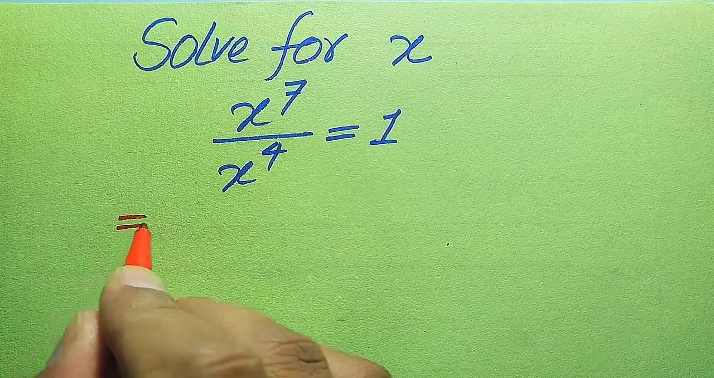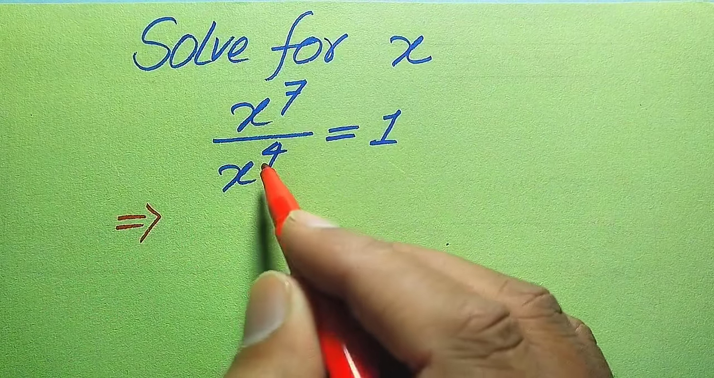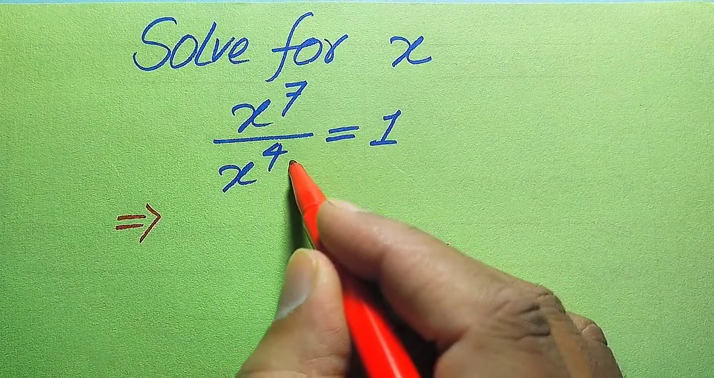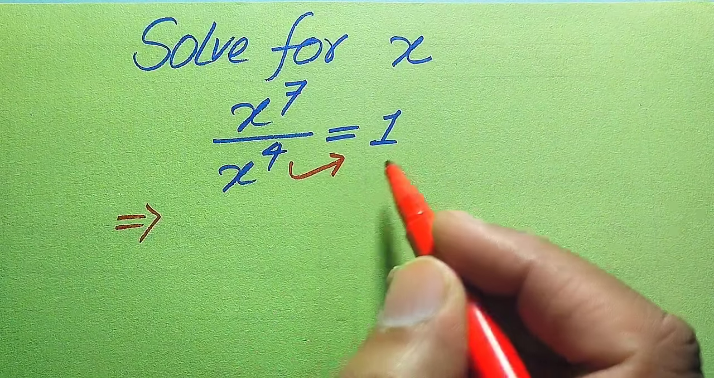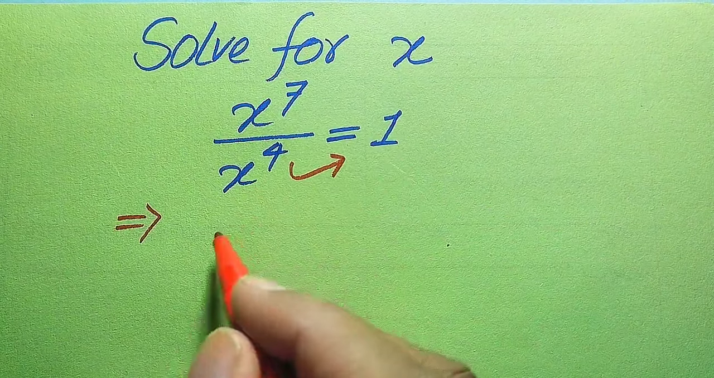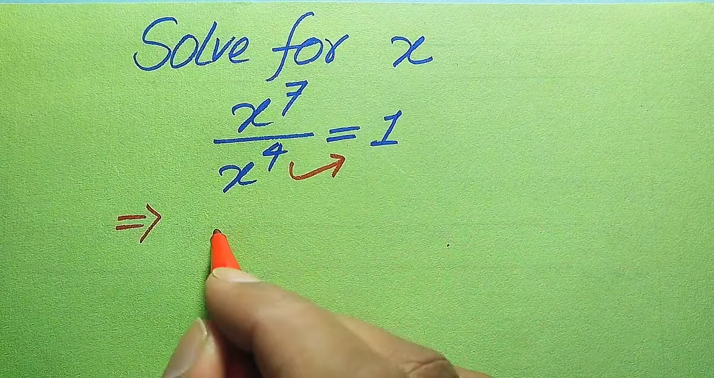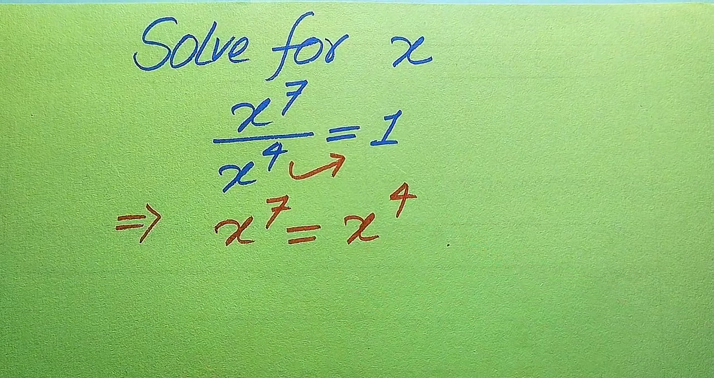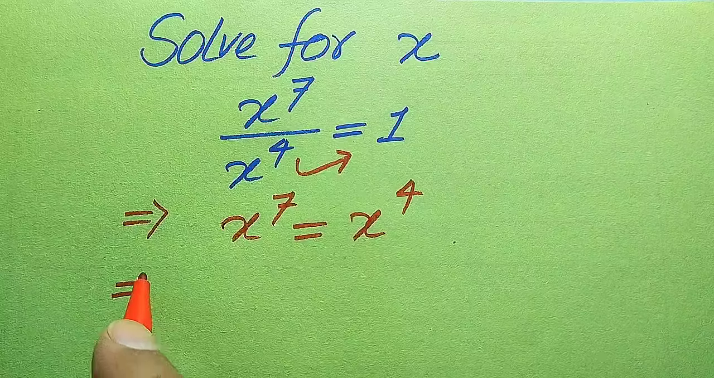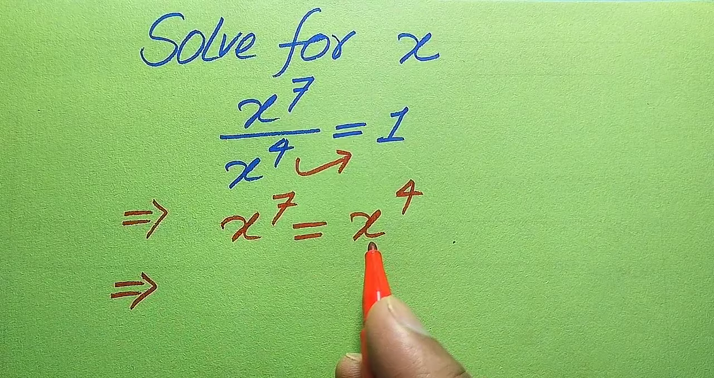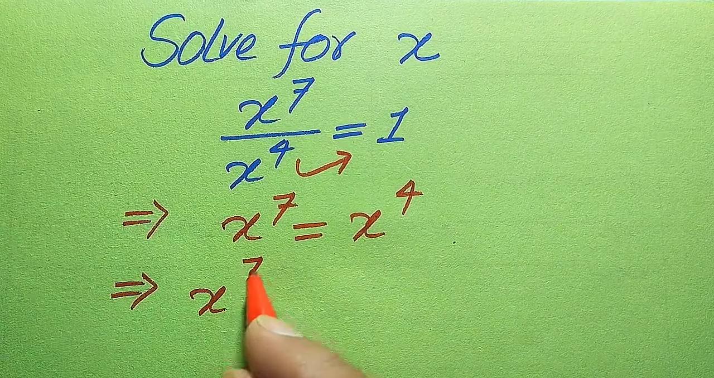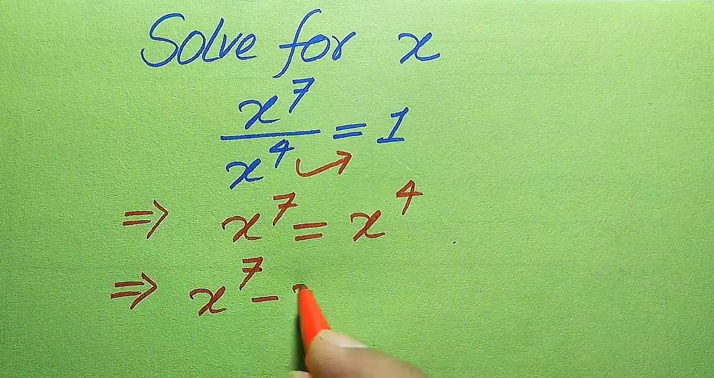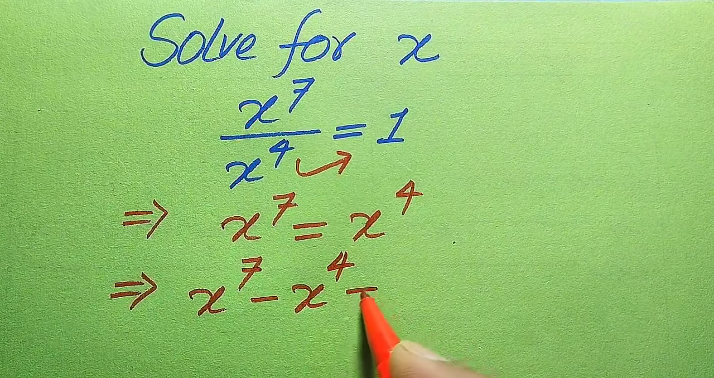So the very first thing we are going to do is first we need to move this x to the power of 4 to the right hand side, and when we move it into the right hand side, it is multiplied by 1, and it becomes here x to the power of 7 is equal to x to the power of 4 multiplied by 1 is equal to x to the power of 4. And further, in the next step, we move x to the power of 4 from right hand side to the left hand side, and it becomes x to the power of 7 minus x to the power of 4